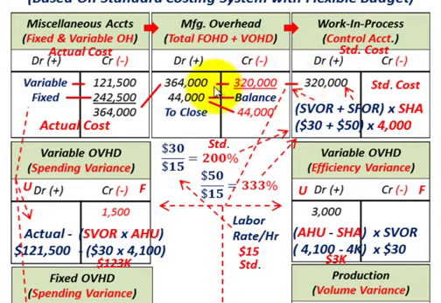So now we have to go back and calculate the difference for those variances between what our actual cost was for both our variable and fixed overheads versus what our standard cost would be when we include both our variable and our fixed overheads. Okay, so let's go do that. Let's start with our variable overhead spending variance. What you do here is you just take your actual overhead, actual cost that you have, and that was $121,500 that we had up here, $121,500, our actual cost, and then you would subtract that,